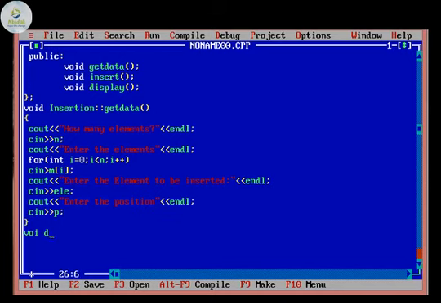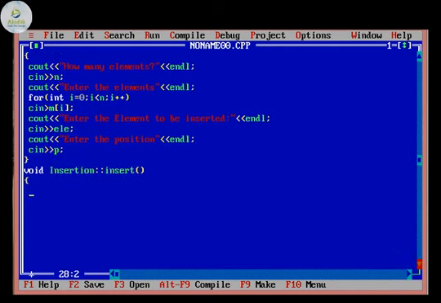Now where the algorithm actually happens is the next function, that is insert. The class name is insertion. Don't get confused between insert and insertion. Insertion is a class and insert is the name of the function. In insert, we will first check whether the insertion is possible or not. The insertion is not possible if the value of p is greater than the size, that is, if p is greater than n. So what will happen? Insertion is not possible, and you need to display that on the screen.